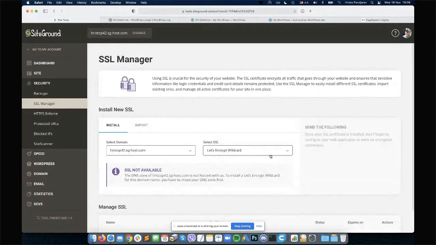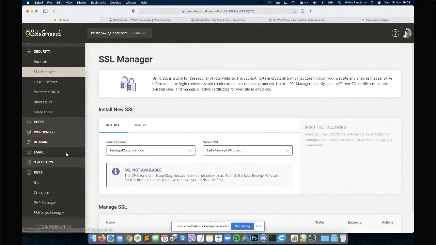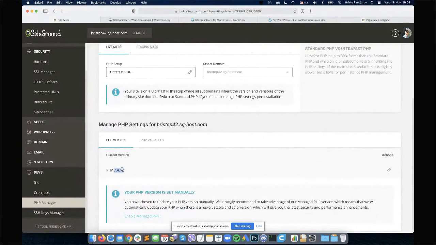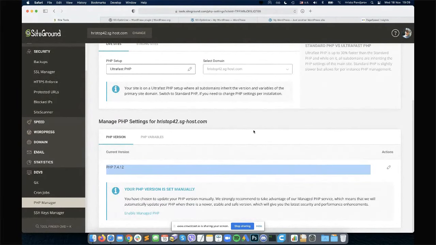Once you do that, you need to configure your application to work through HTTPS, so you don't have any insecure content. I will talk about that just a bit later on. Another thing that you want to make sure is that you're running your website ideally on PHP 7.4. Now, it's worth your time to make sure that all the plugins you're using, your theme, are working fine with PHP 7.4. It may seem a good idea to wait for PHP 8, which is about to come in December,